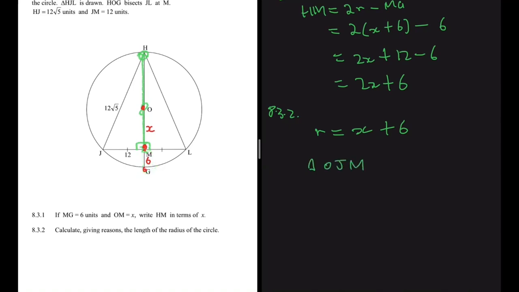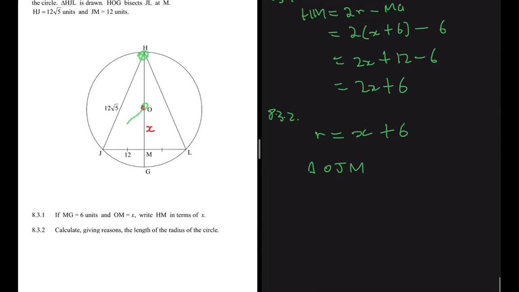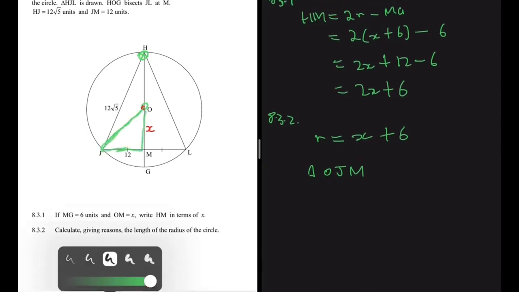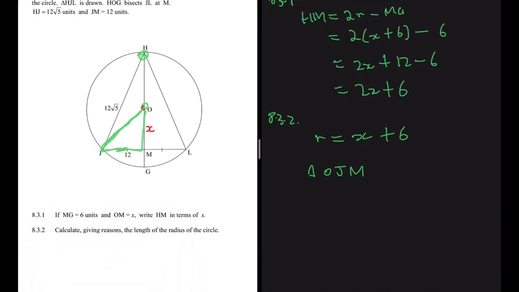Let me just clear something so that we can make it more clear. We are looking at triangle OJM, right? We have the radius as the hypotenuse of triangle OJM, which is equal to the radius of the circle. So that will be X plus 6, and then we have 12 as the adjacent, and then X as the